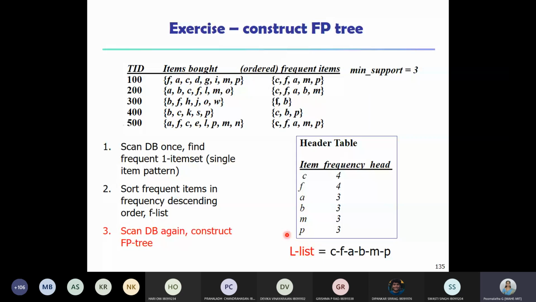No need to take down these steps, it's already been given to you earlier. You can take down only the problem. And anyway, if you want, you can take the list here. Remaining things you can write afterwards. And of course, note down the minimum support threshold, that is 3.